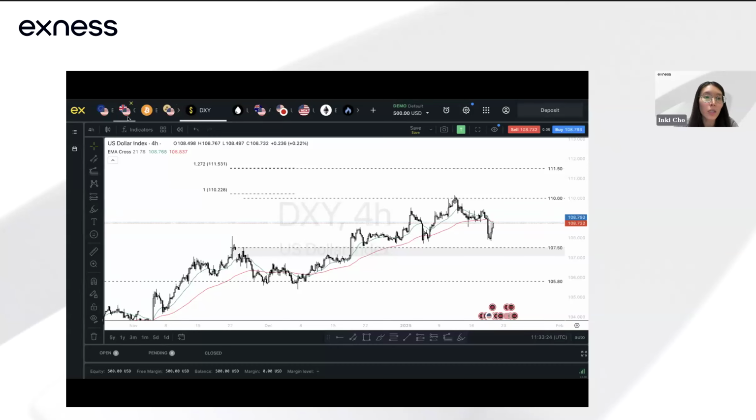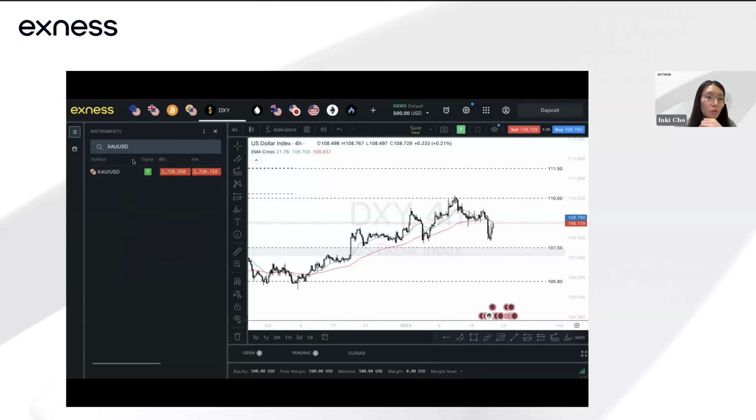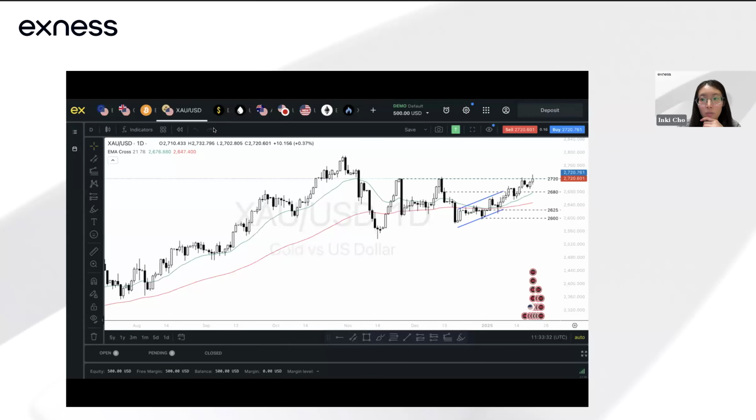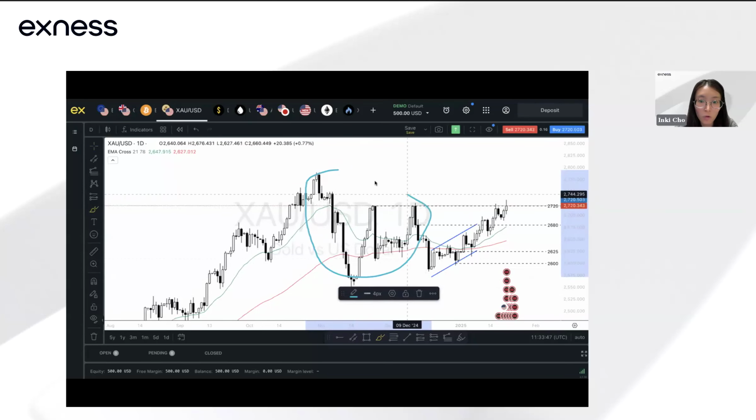Okay, so let's take a look at gold first, since we talked about the dollar index. Gold is also linked to dollar strength. When the dollar is extremely strong, you can see that gold tends to be weak. We saw that consolidation over here. Recall that just now we mentioned November, the November run-up, we have the dollar strengthening, and look what happened to gold. You're seeing that consolidation around gold over here.